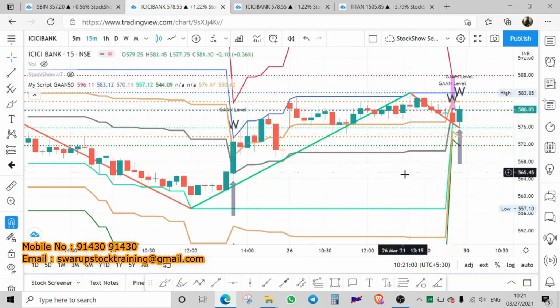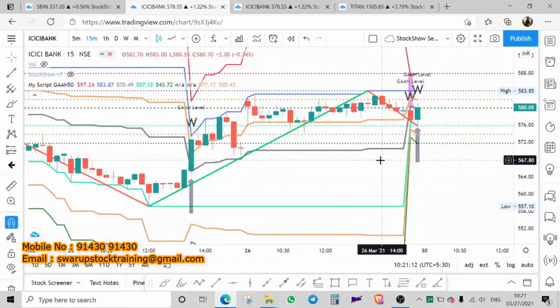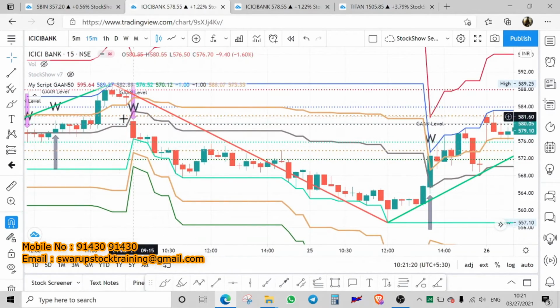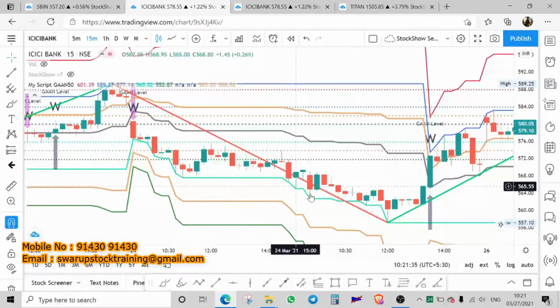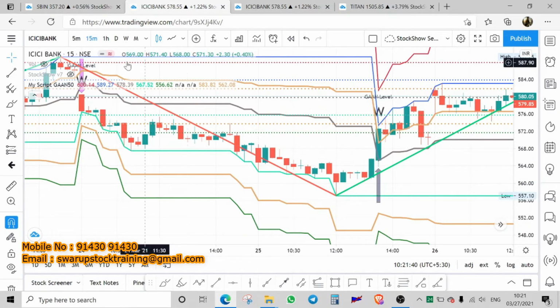Okay, so here at this level there is a big fight between bull and bear. So therefore, if you have shorted here, you would have incurred a small loss. That's okay, fine, because you cannot avoid your loss. But in a running market, it generally works in a deadly mode. Here at this level, we got a short signal, and then thereafter from 581 the stock has gone down. This is a downtrend. On a downtrend, you get a signal here, and then you can reach here. So 581, the stock has gone to 556, and it has not taken much time.